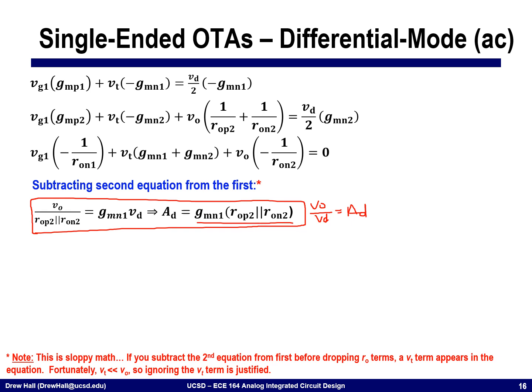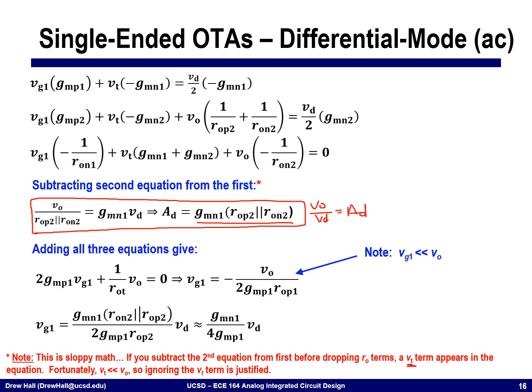Okay. I call this sloppy because if you do this subtraction before you drop the RO terms, you end up with that VT term that we just talked about. And so this math is not quite clean in that regard. However, it is still justified given that VT is much, much less than VO, and so there's really no reason to keep around this VT term. All right,